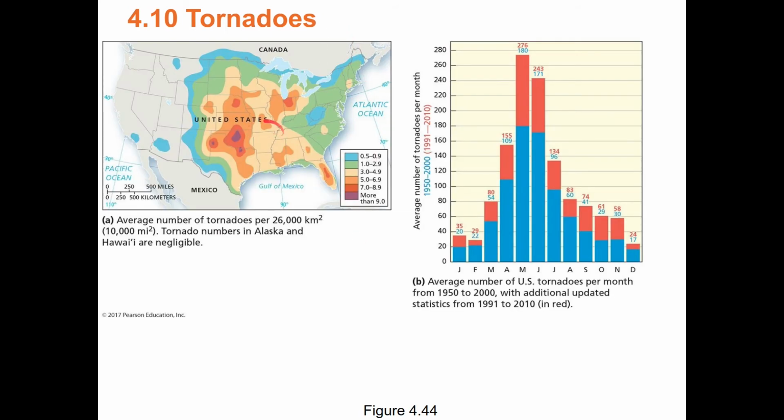Although there is some evidence that Tornado Alley, as a result of climate change, is shifting to what they're calling Dixie Alley. The blue bars are average tornadoes per month, 1950 to 2000. The red bars are the average tornadoes per month, 1991 to 2010, showing the increase in tornadoes partially because of global warming. If there's more energy in the atmosphere, you'd expect more stuff to happen, and also because people have